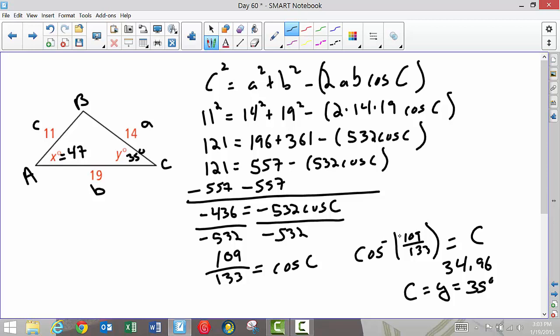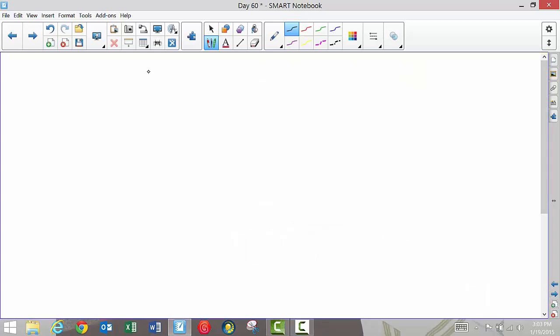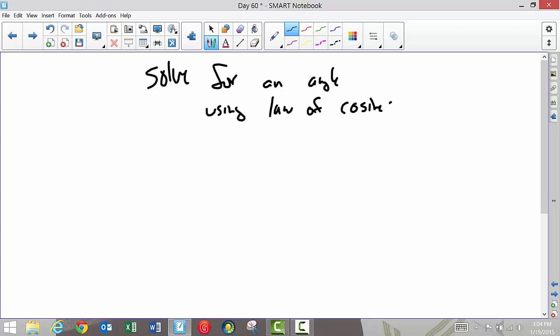So I can actually simplify this for you to solve for an angle. If I want to solve for an angle using the law of cosines, if I have a squared equals b squared plus c squared minus 2ac cosine A, if I want A alone,